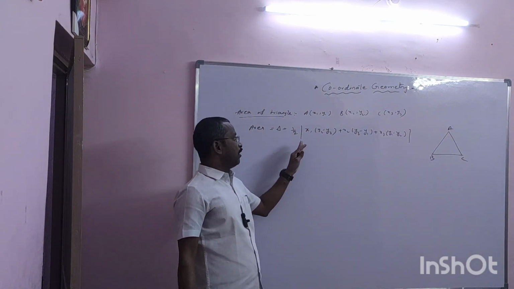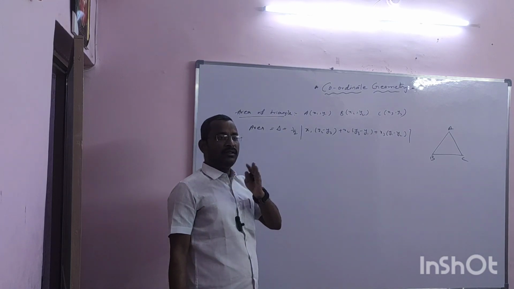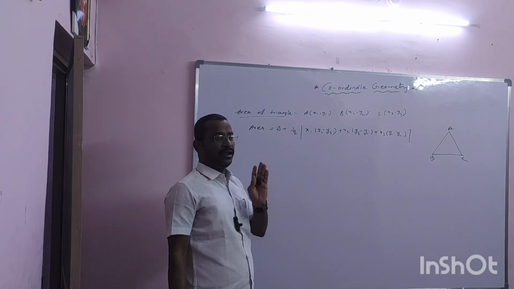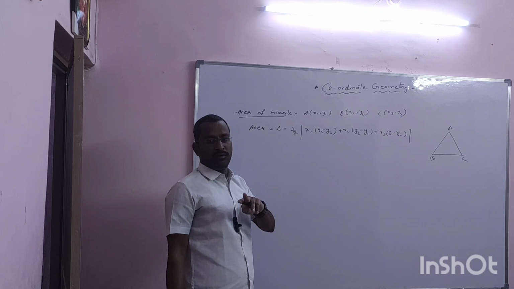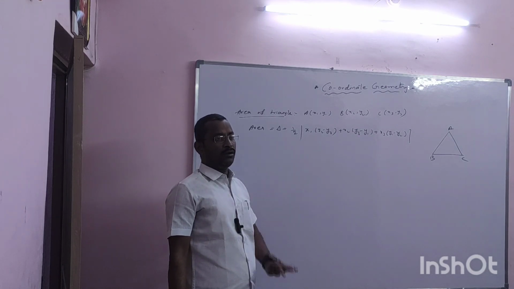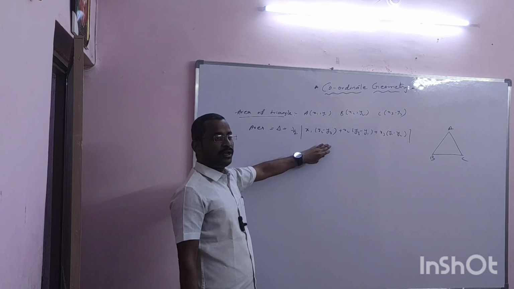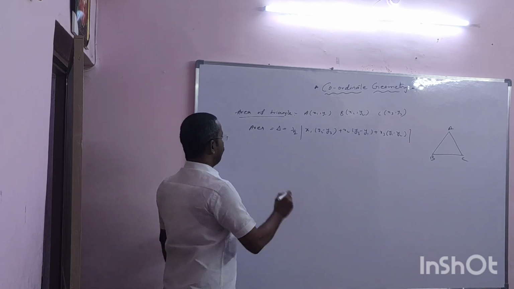Yesterday we already learned how to find out whether points are collinear or not. We need to find all three distances. If you add any two of them and get the third one, then they are collinear. If the sum of two distances is not equal to the third one, then they are not collinear. If you get the area of the triangle as 0, at the same time you can prove they are collinear. For example,